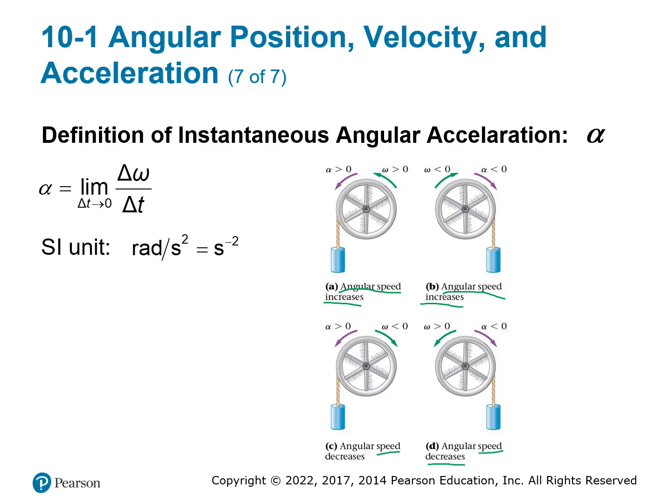This is just like with regular kinematics. If your velocity and acceleration have different directions, your speed is going to slow down. If they both have the same direction, it's going to speed up. Same exact concept here as well.